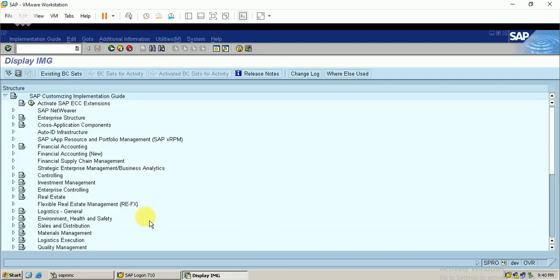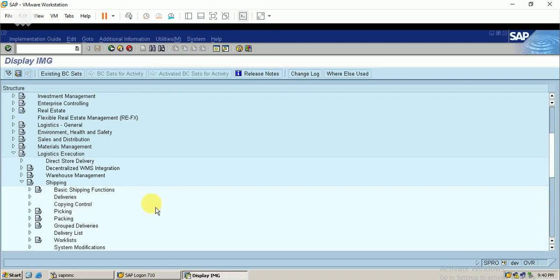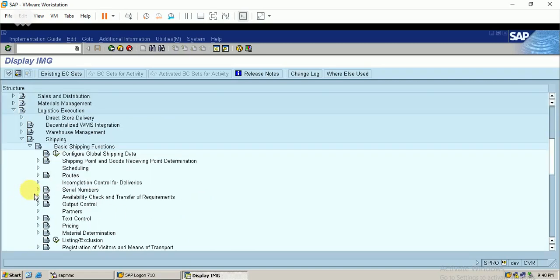The shipping configuration we will find in logistics execution, in the shipping tab. So I just enter into the basic shipping functions: the shipping point and goods receiving point determination.